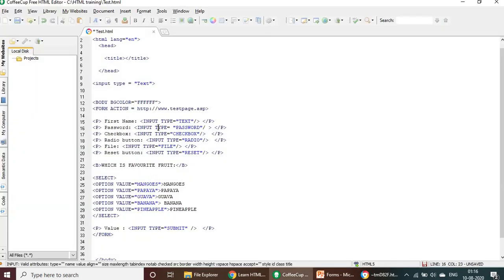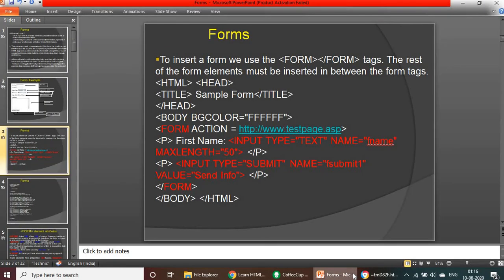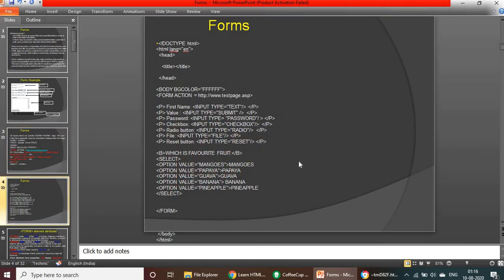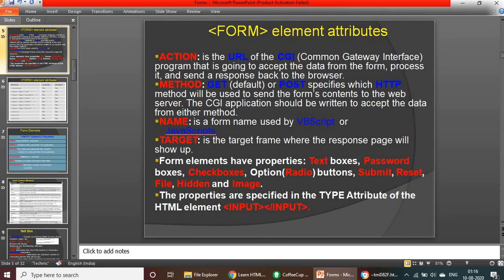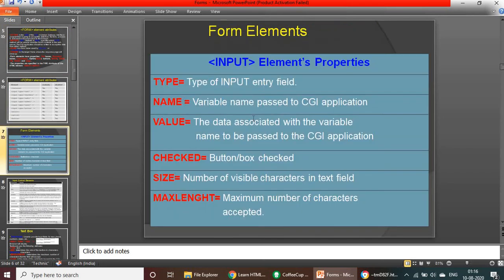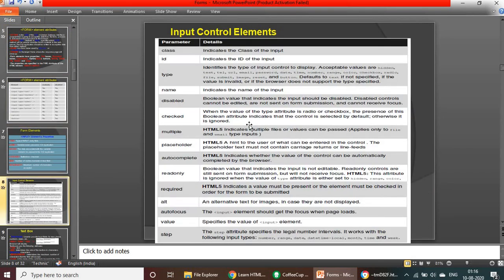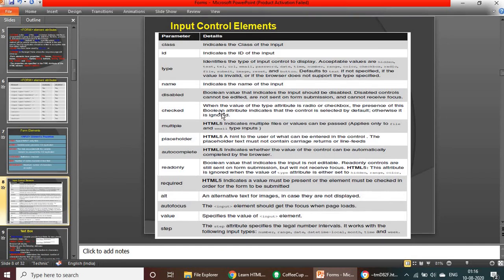Also I have updated this in the PPT, so you can practice with that file. It's all very simple, and you can make a lot of changes like color as well as border and center. You can also set the action, method, target, and make changes in the text box, whether it needs to be checked, and hidden.